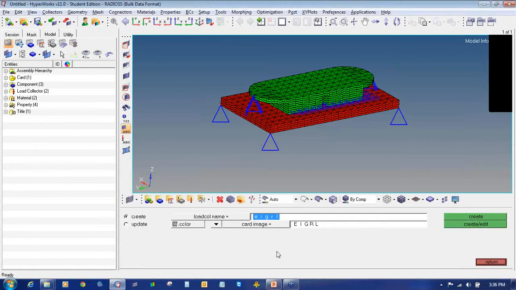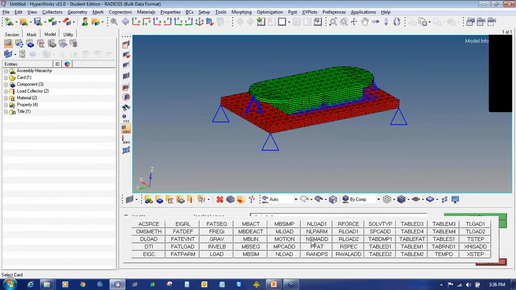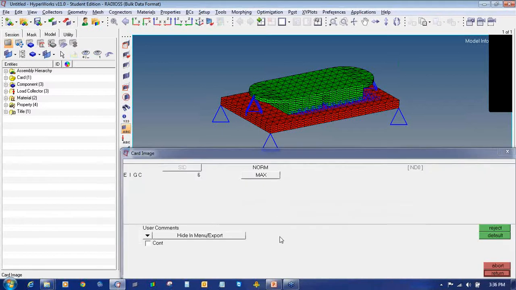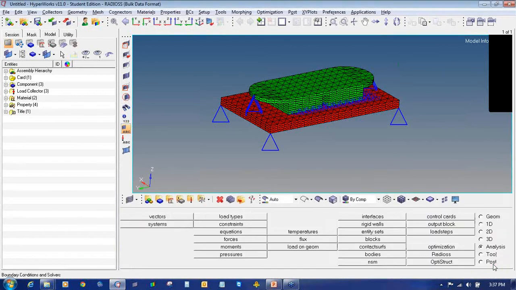Then we'll create another load collector as EIGC, card image as EIGC, click on Create/Edit, select the norm to max and ND0 to 12. This defines the number of roots to be extracted, that is 12 roots. Then I will click return and return to exit the load collector panel.